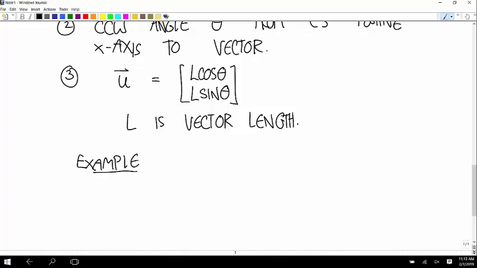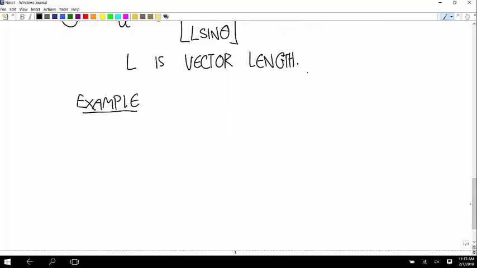Okay, so for example, let's say that we have a vector that makes an angle of 20 degrees with the vertical like this. And let's say it has a magnitude of 10. So that's the length. What are the vector components